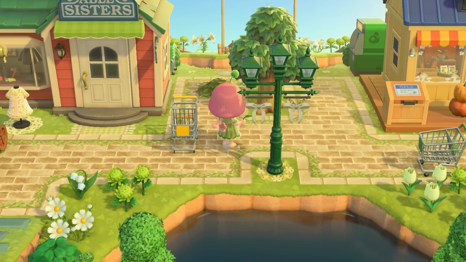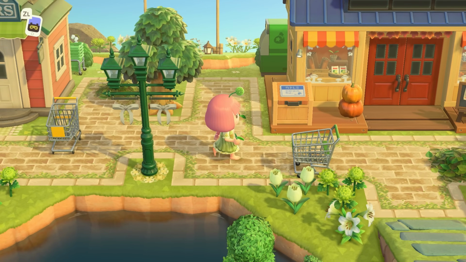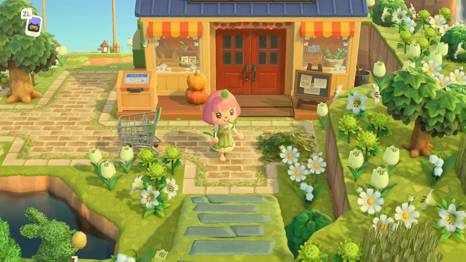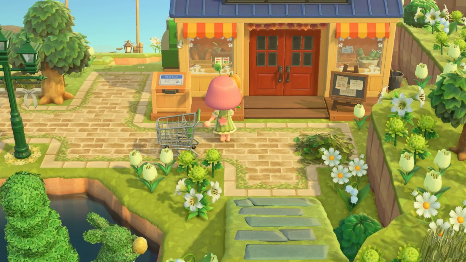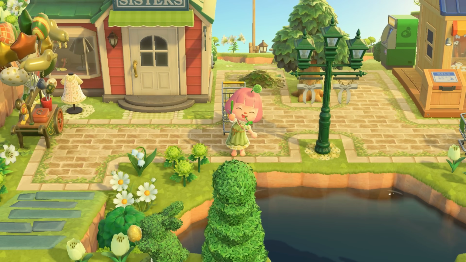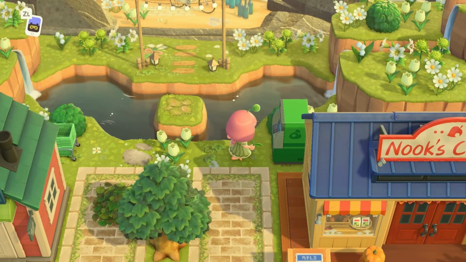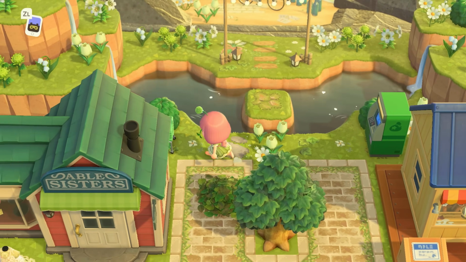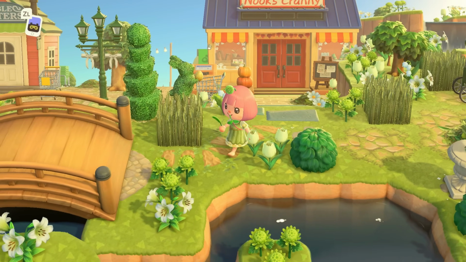I love the shopping carts too, and I even made sure to get the yellow and green variants to make sure that they matched with everything. The Nook's Cranny is right across here. Not much going on other than this pile of leaves and the shopping cart. I'm still very proud of the street lamp over here, and also, if you didn't notice, I made this tree stop growing right before it hit full size, so it's only slightly smaller,